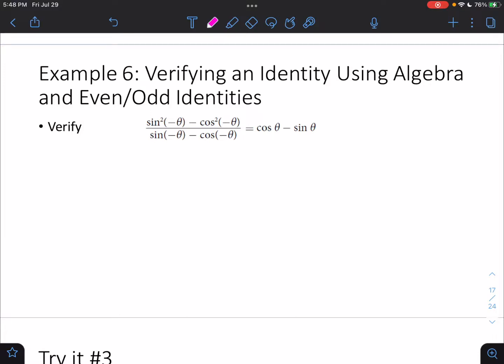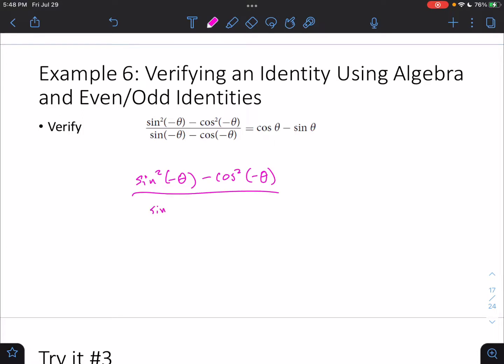All other ones are odd. So with that information, we can change the sine squared negative theta, to, actually let's work with the denominator first. Minus cosine squared negative theta, over